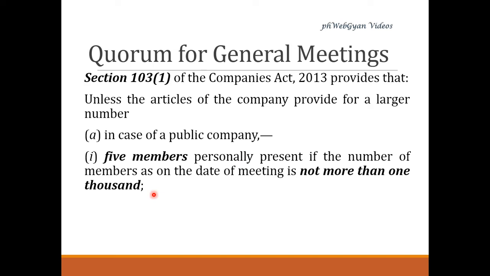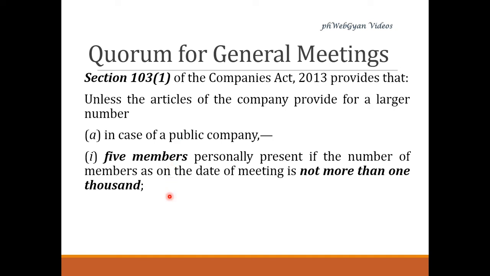So basically, the first line indicates that if the articles of a company provide for a larger number, then that larger number will prevail. However, in any other case, that is, if the articles do not provide for any number, or if the articles provide for a lower number, then in all those cases, the provision of section 103 subsection 1 would be applicable, which says that in case of a public company,